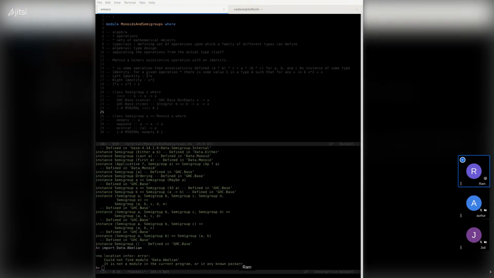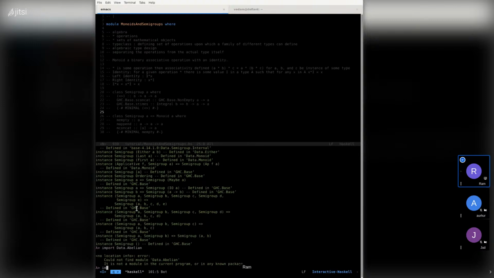I always have to go to Google for some of these Haskell things. Search for abelian. There it is. It says that abelian is defined in import.